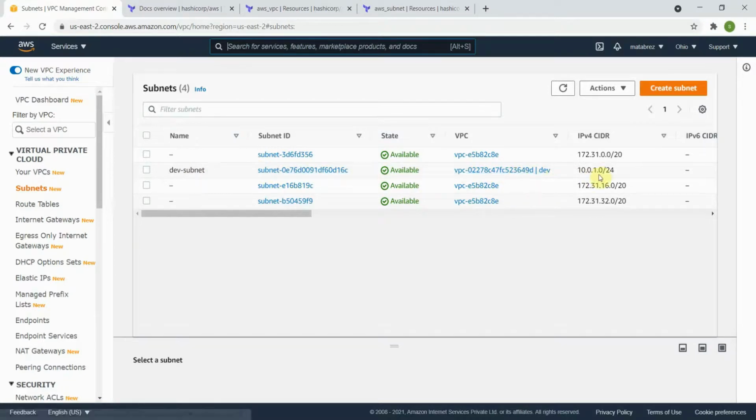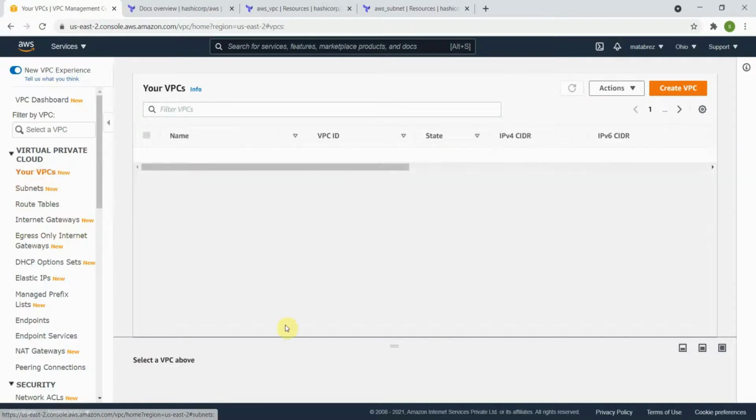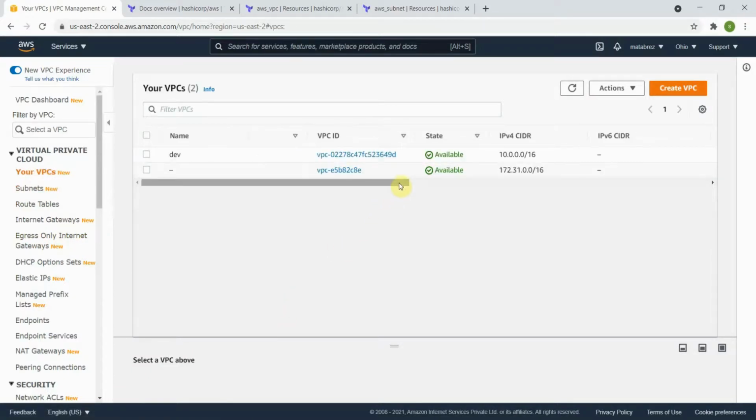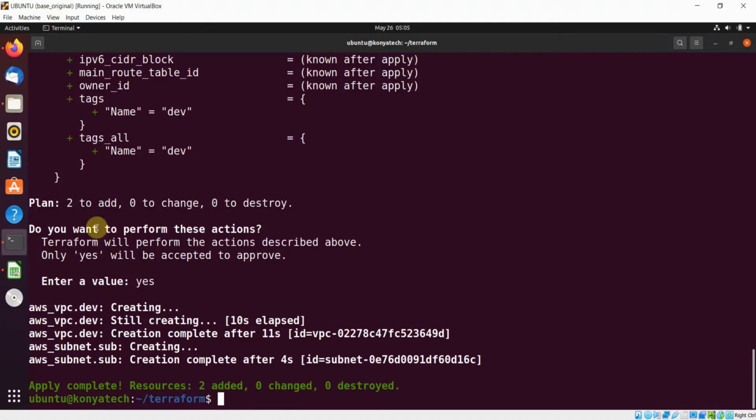So this subnet got created recently, and this is the IPv4 CIDR IP address. So let me check the VPC also. Here earlier we were having only one VPC, that was the default one, but here we got the name dev. This dev was created by our Terraform script. So guys, this way it will keep on updating from the code file, without destroying or doing anything to the earlier resources. If we want to